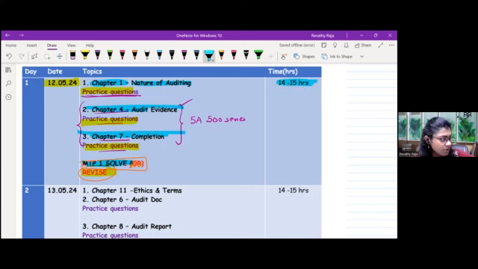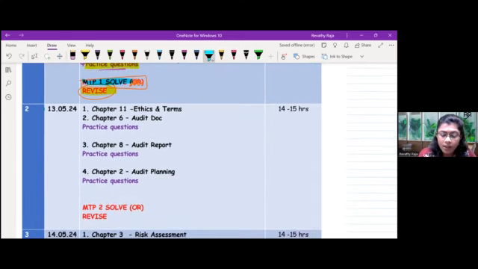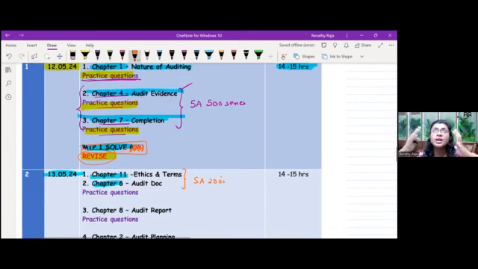Now going to day 2, which is 13th May, again going to chapter number 11 and then chapter number 6. Both are comparatively small chapters. Why did I choose like this? Because this is 200 series related. If you go by series, you will have more clarity. Okay, if a question comes from the 500 series, which SA we can identify. So that's why I'm putting it like this.